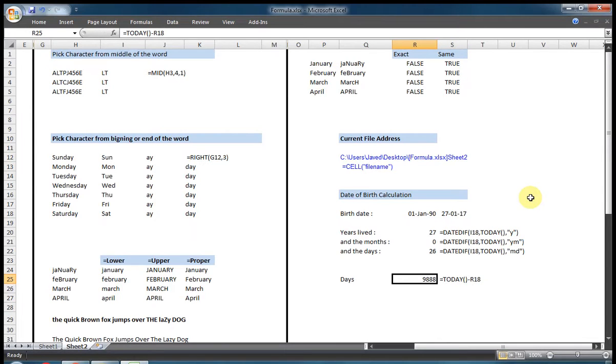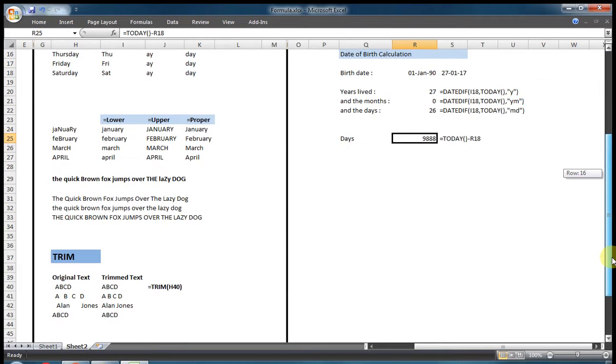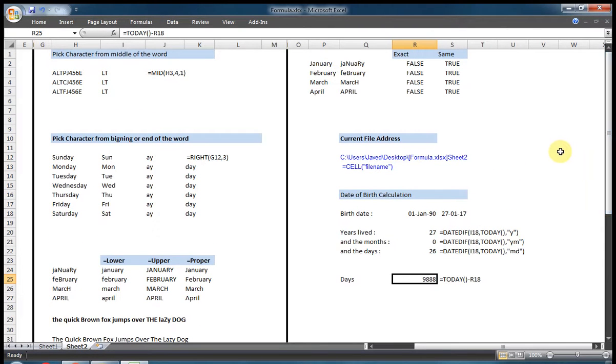So friends, use these simple tricks, simple formulas, and practice and keep them in mind. They will be very useful in our Excel life. If we keep them in mind, then we can use these formulas.